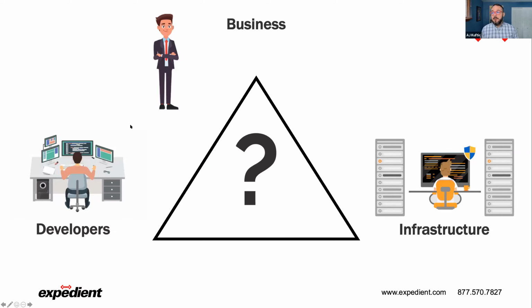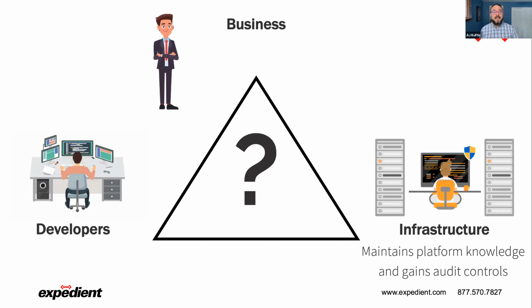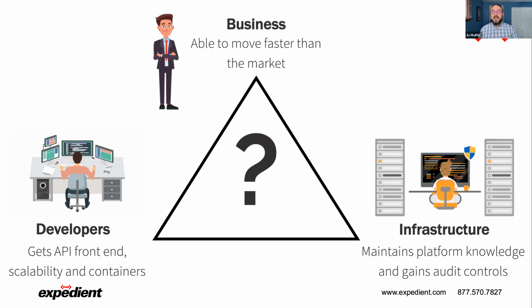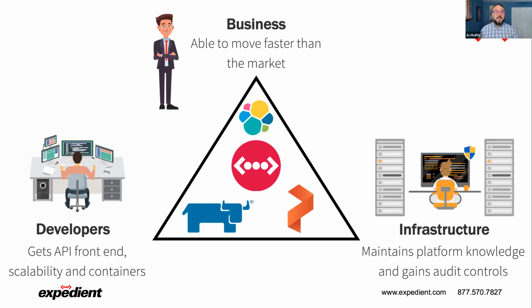So what's actually in the middle here? The infrastructure team, they maintain their platform knowledge, but they gain those audit controls. The developers get an API front end, they get all the scalability, they get the containers, the modernization platform that they want to have, and then the business is able to move faster than the market. I'm able to take all of this and put it all together, have the Expedient powered cloud native platform that is able to modernize your